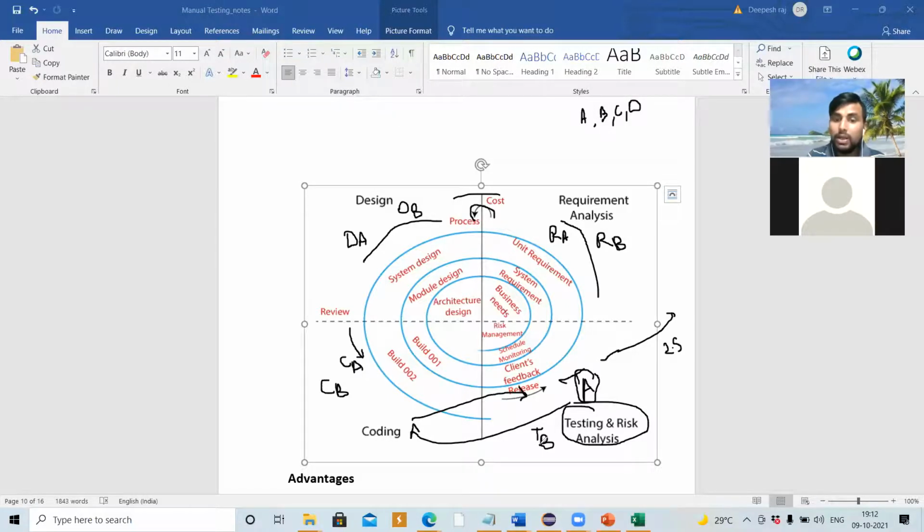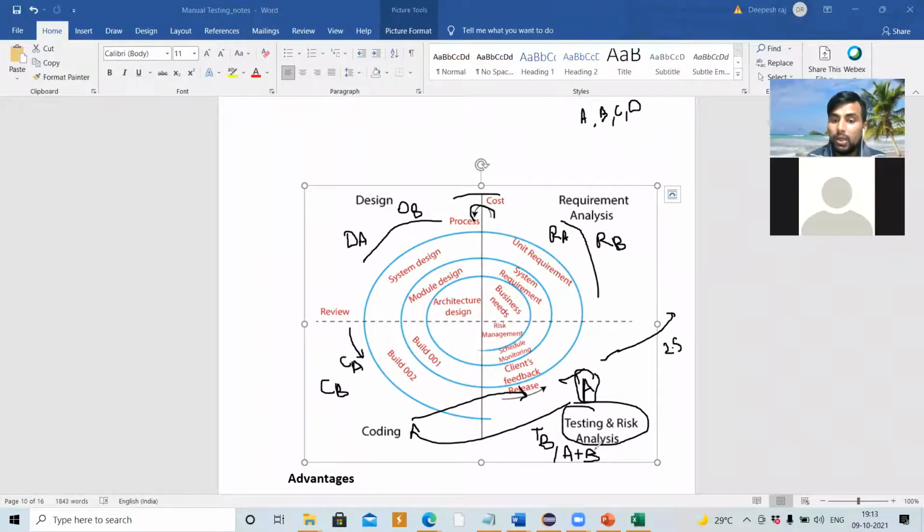And not only B, we are going to test what? A plus B also. Because why? Because the developer is going to integrate A and B. There is a dependency between two modules, two features.